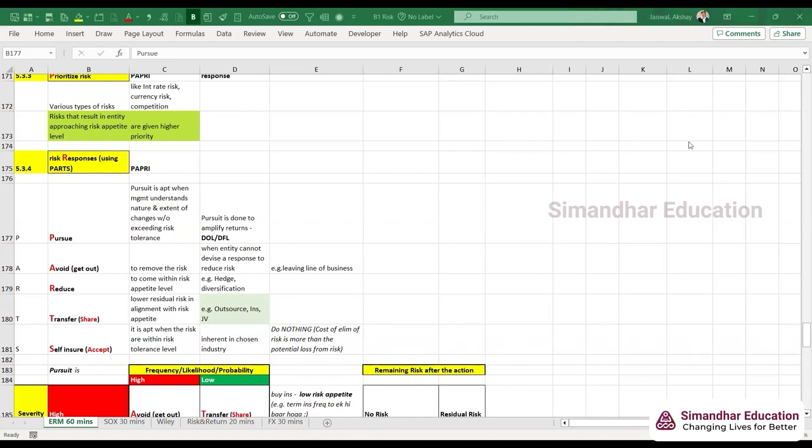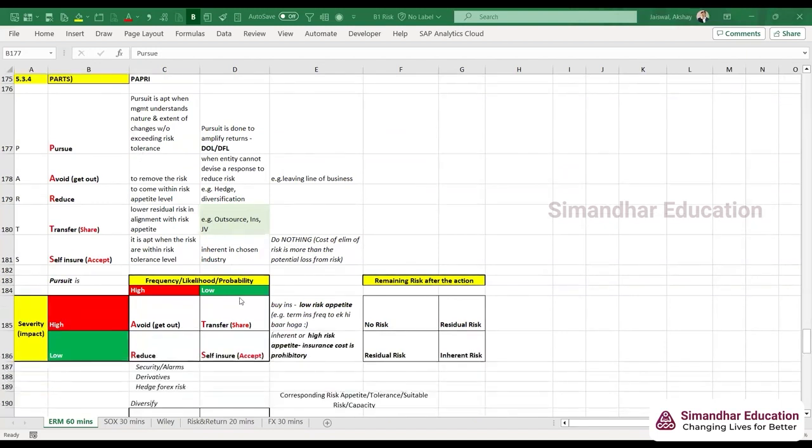So we'll go through all of them one by one. See, risk responses will come. First of all, we have taken the risk inventory, identified all the risks, whatever we can identify. Then we have to look at the frequency and the impact of the risks. Based on that, we can frame risk responses. How we are going to do that, we are going to check out that, right?